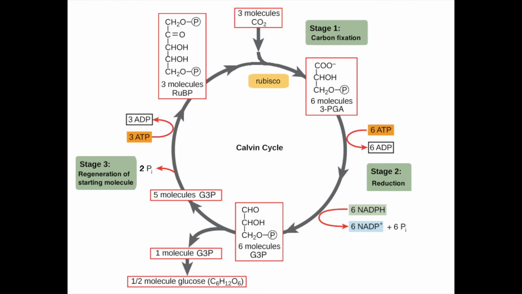in order to regenerate the 3 molecules of RuBP. The last stage is regeneration. The CO2 acceptor RuBP is regenerated by the 5 molecules of G3P and some ATP in order to start the cycle again. It takes 6 turns of the Calvin cycle to make 1 carbohydrate molecule like glucose because it has